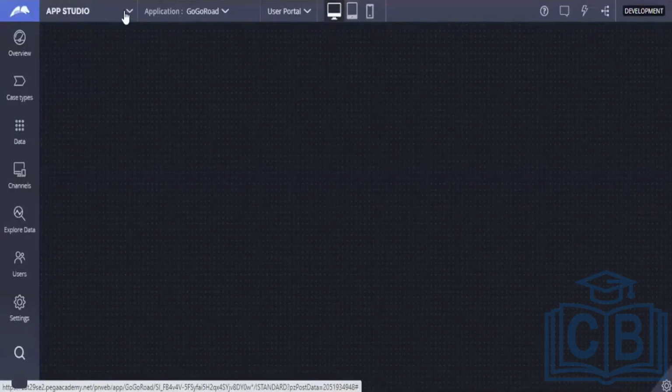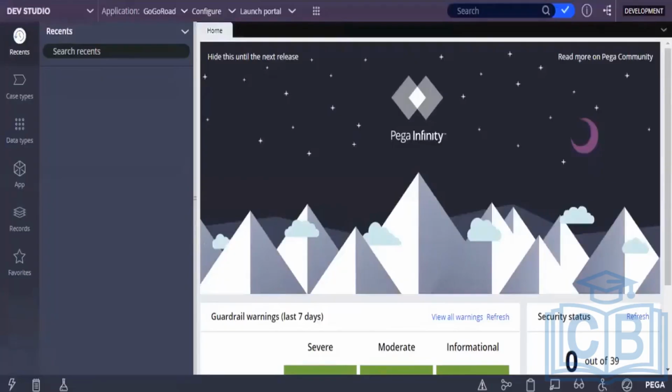Similarly, in the case of services, you can use service REST or service SOAP. In the case of connectors, we can use either connect REST or connect SOAP. Now in total you have four types of configurations. Among these four, the most popular is connect REST. We will use connect REST integration because connect REST supports both XML and JSON formats.